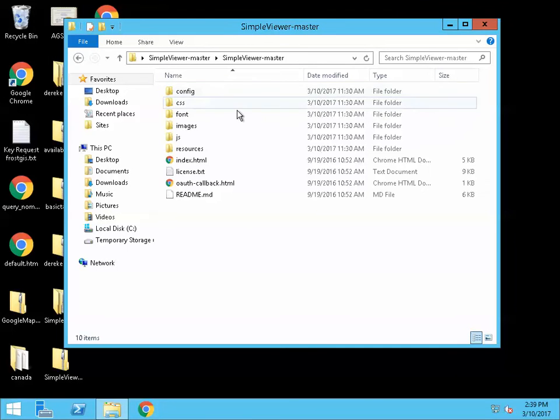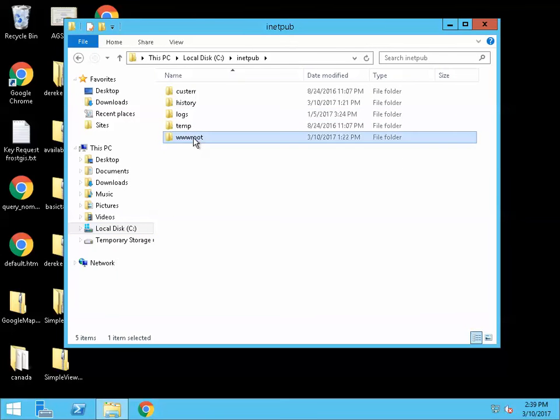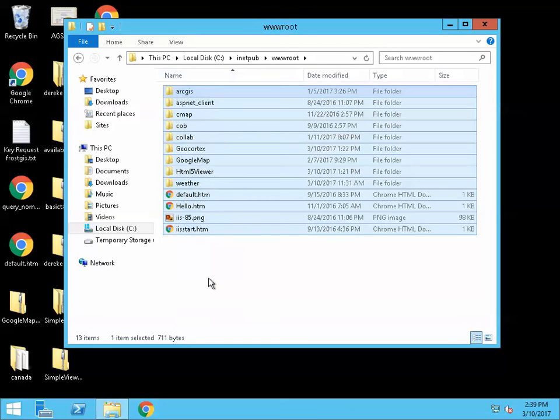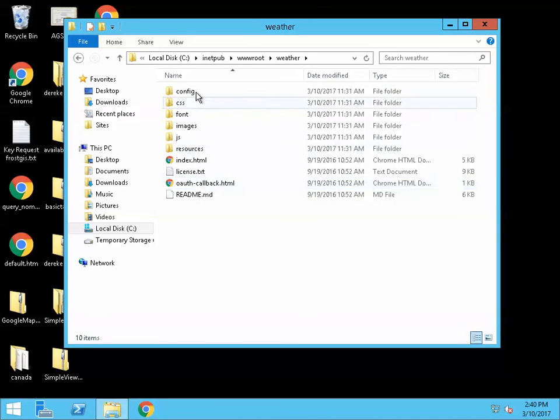Now this location is on my desktop currently, so I need to copy this and place it in a location that will be web shareable. In a normal Windows server, if it has IIS, you have the ability to host files in the inetpub wwwroot. So anything placed in this location is available on the web. This is similar to your htdocs folder. So you'll notice here I've actually created a folder called weather, and I've already copied these files over to this